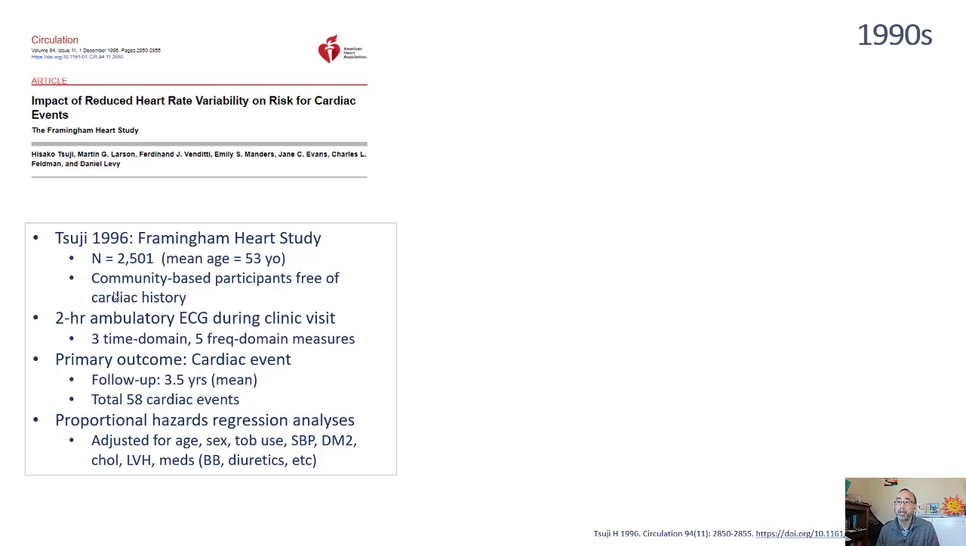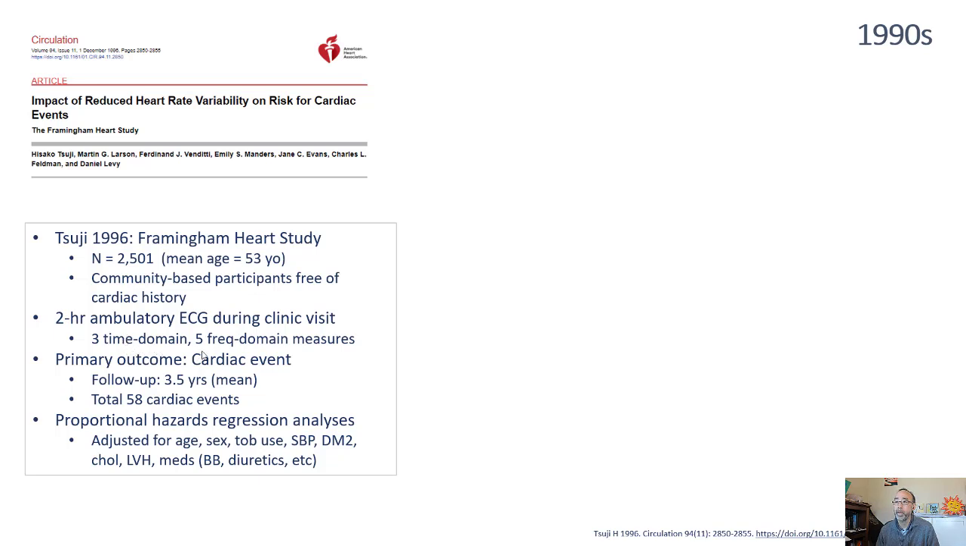This was published in 1996 by Tsuji. The title was Impact of Reduced Heart Rate Variability on Risk for Cardiac Events. They recruited 2,500 individuals. The mean age was 53 years of age. The participants were free of cardiac history, and they obtained 2-hour ambulatory EKGs during the clinical visits and took a